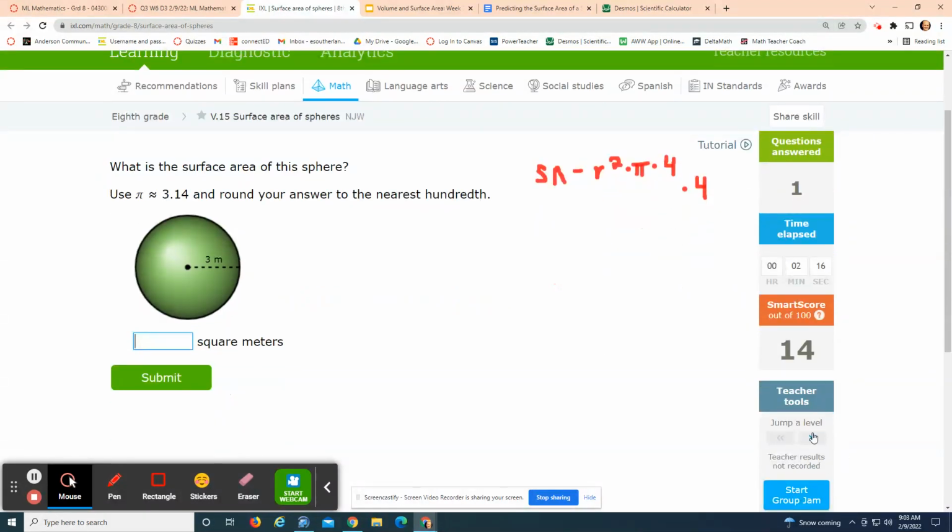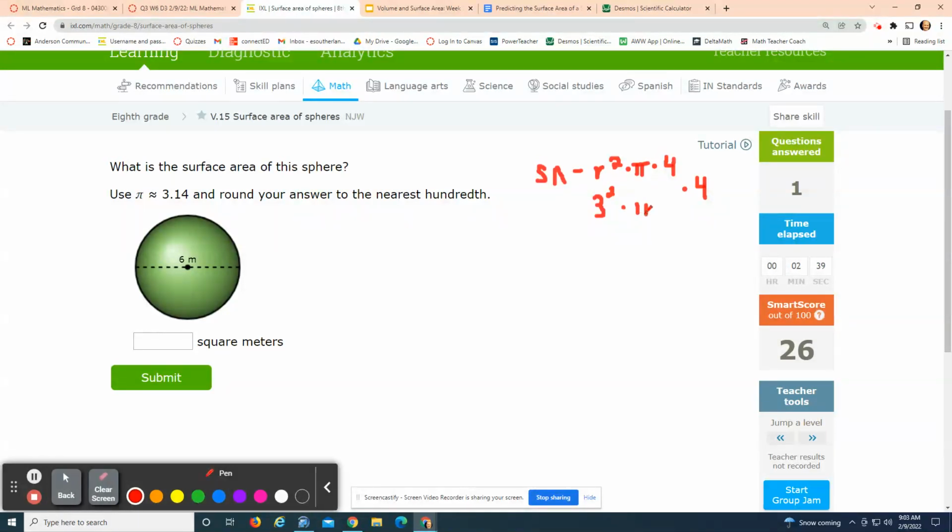But we're going to skip ahead and take a look. What is the radius on this one here? Yeah, it's 3. Remember, radius is half. It's from the center to the edge. This is called the diameter. So radius is half of the diameter. So 3 squared